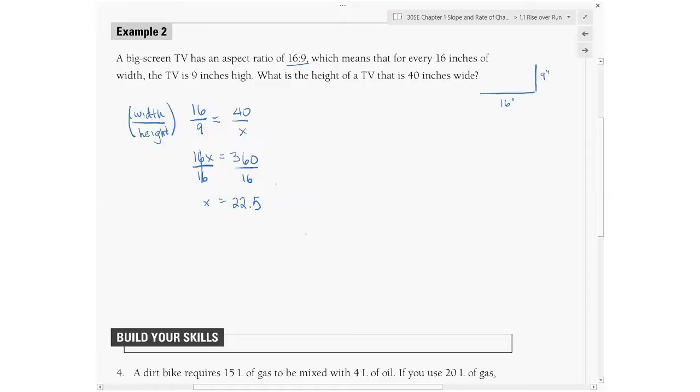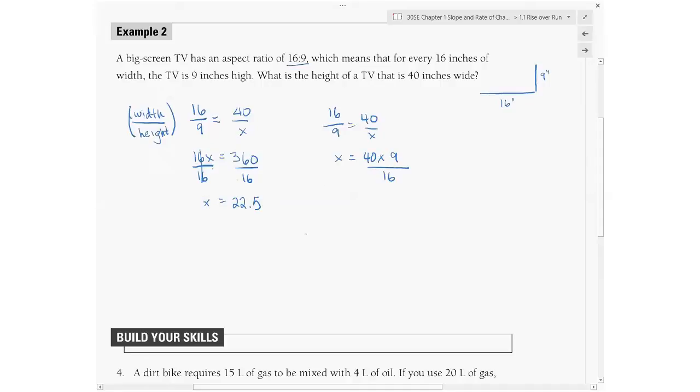22.5. You can take a bit of a shortcut. So writing it out again, whoops, not 19, 16. So 16 over 9 equals 40 over x. That's the same. You look at your x, and we're going to say that's equal to the number that's on the other side of the fraction bar. So if it's 40 over x or x over 40, whatever, we take that number, so 40 times the number that's diagonal from it, so 9,